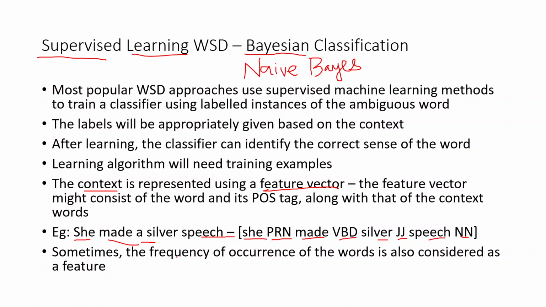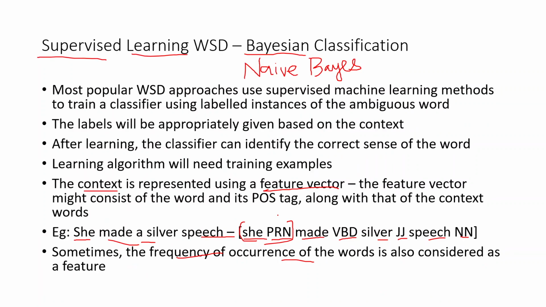Or sometimes we might have the frequency count of the occurrence of words in the particular corpus. So that may also be used, some way of describing this word. And again, it is not as text that we are going to give it to the machine. It will be a set of numbers. So that is the concept of a feature vector.